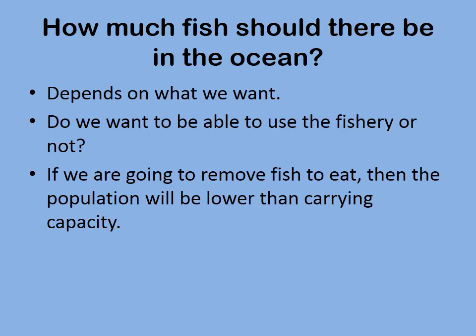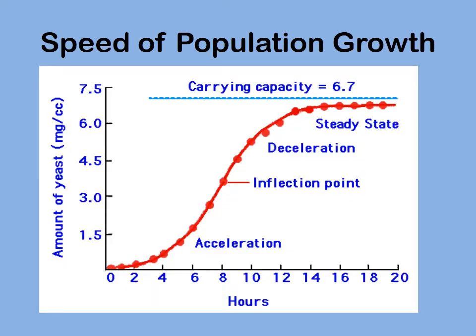So as fisheries managers, and actually as human beings, we need to come to terms with the fact that if we extract resources of any sort, including fish, then the population of that extracted will be lower than the carrying capacity for wild populations, of course. So you'll come across this graph in ecology. This is called an S curve, and it describes the growth of a population.